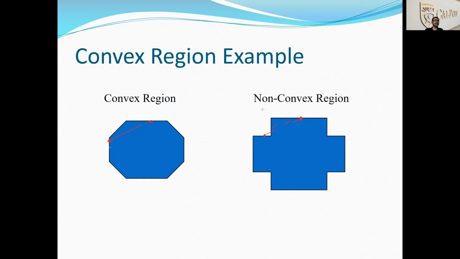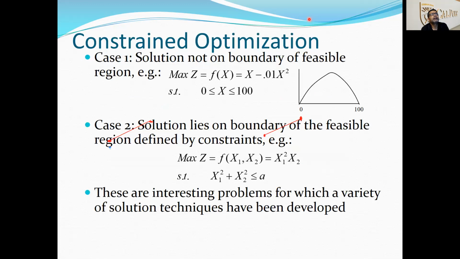Okay, so that's the difference. If you try to join the 2 points on any of the 2 edges and you don't intersect the boundary, then it's a convex region. But if you do intersect the boundary, it's a non-convex region. Okay, and I think having a convex region is important for you to find that maximum or minimum value. Okay, so go ahead and clear all the annotations.